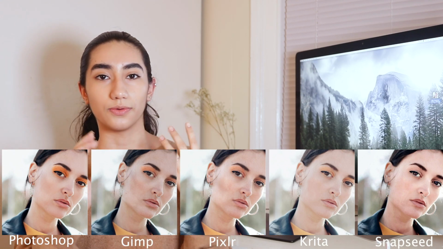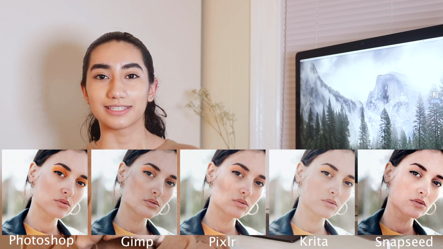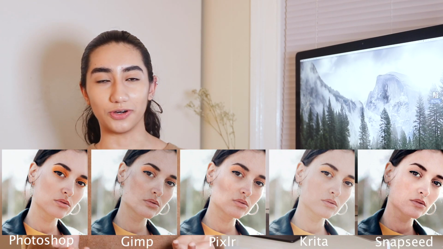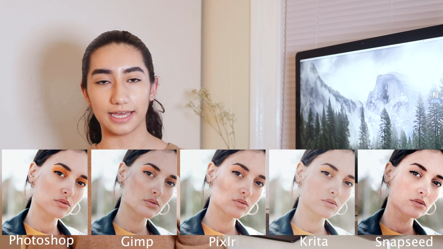And then Krita, Snapseed was great for on the go, and I love the fact that it has things specifically for your face. But overall, I'd say they were all really good, except for Krita. And Pixlr, I would say Pixlr 100% was my favorite, and I recommend downloading it. They were all free, so if you want to give them a try,